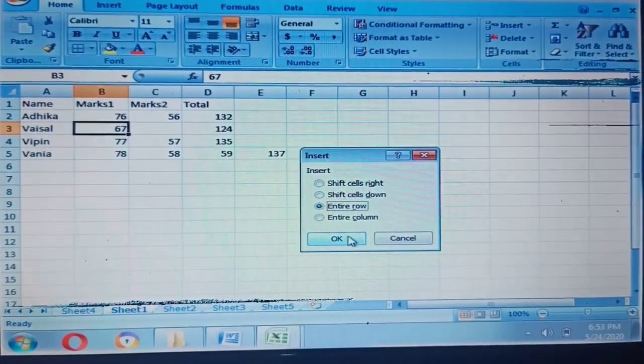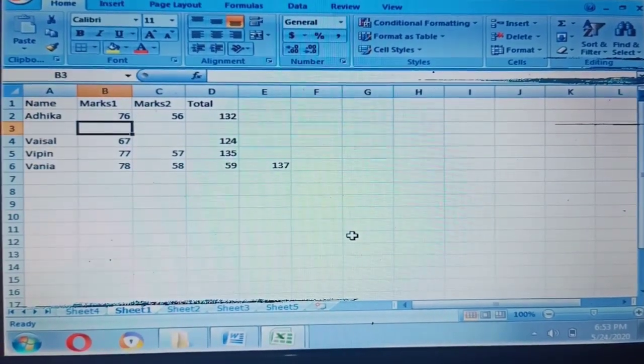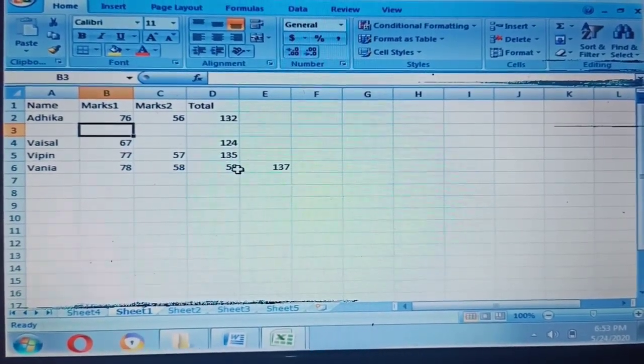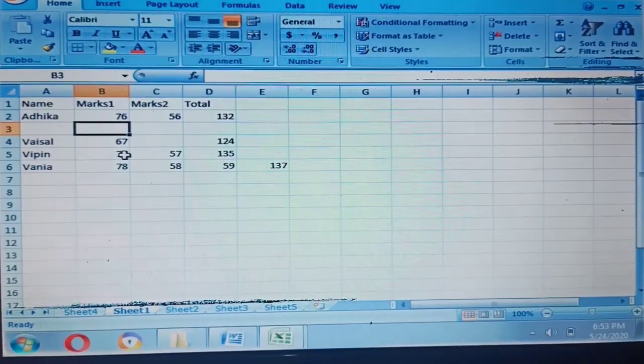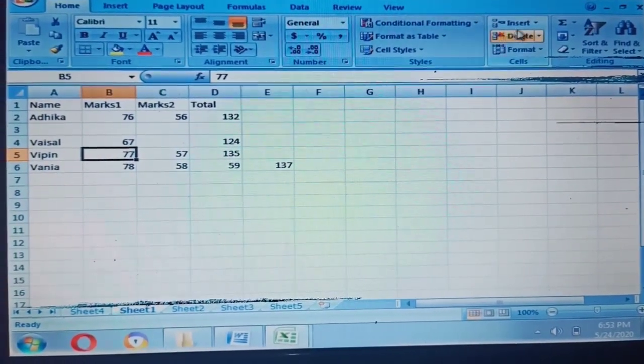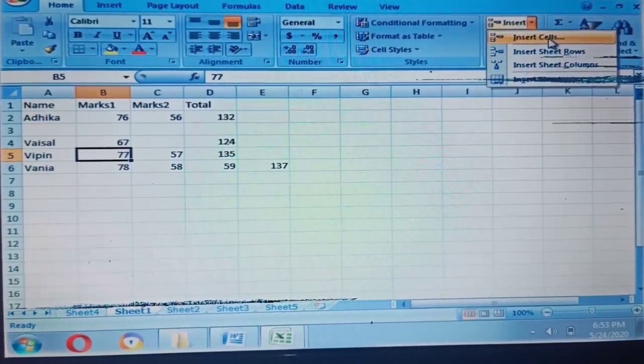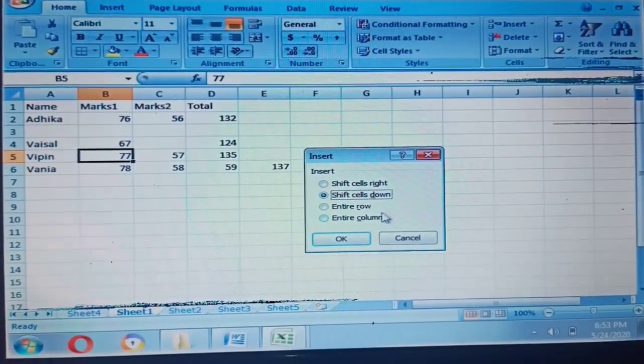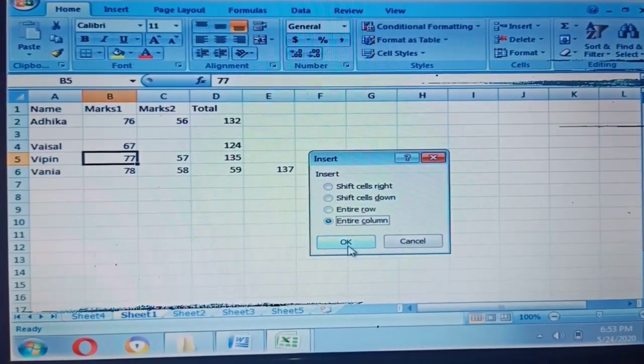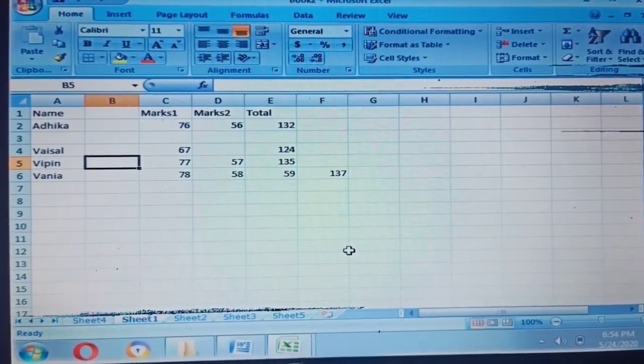Entire row. It inserts a blank row by shifting the contents of the selected cells down. Entire column. It inserts a blank column by shifting the contents of the selected cells to the right.